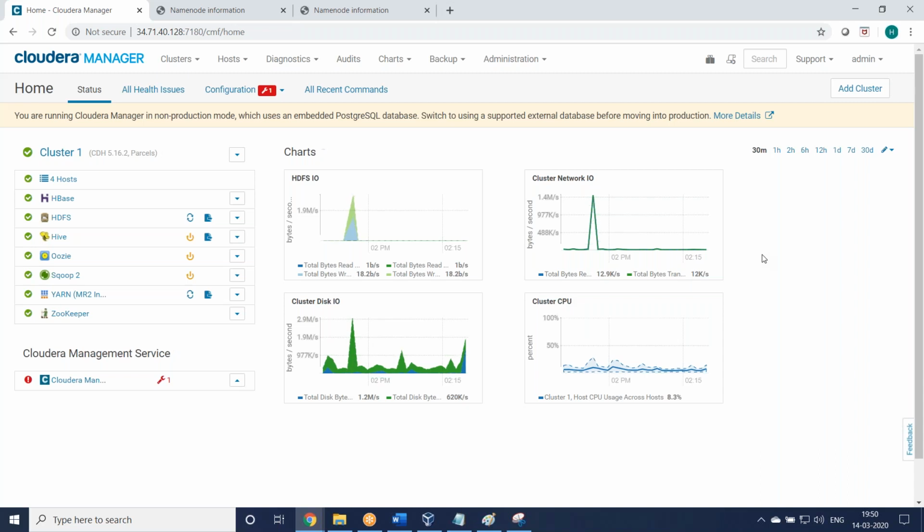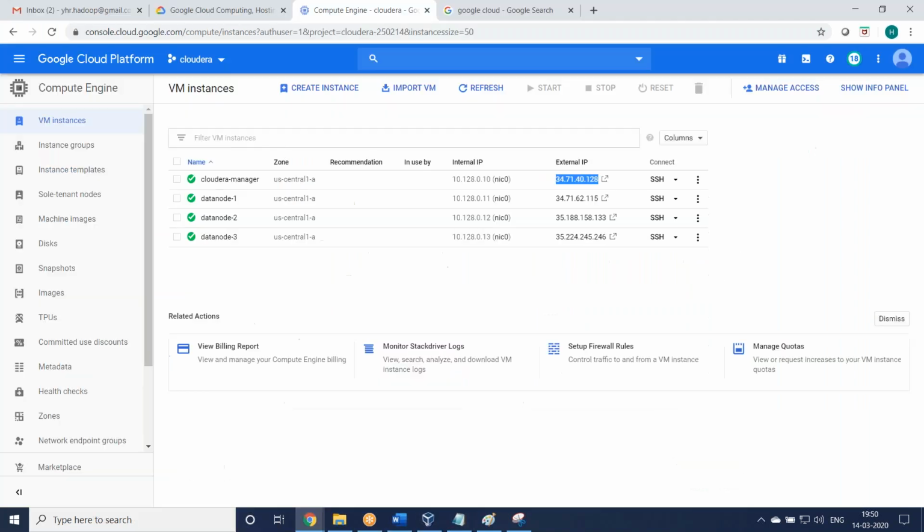Don't go with a 3 to 4 node cluster. You can take one node, just one node launch. When you are selecting, we have a memory option, you can take 15 GB. Within one node, you can install Cloudera Manager, name node, secondary name node, one data node. Then do some operations, then delete that machine. Then you can add the remaining 3 or 4 nodes again. Like that, you can practice it multiple times.